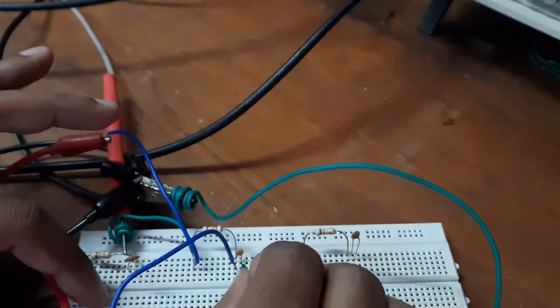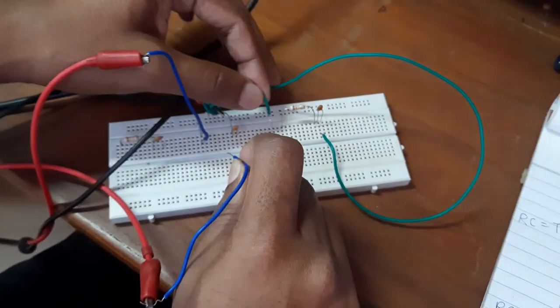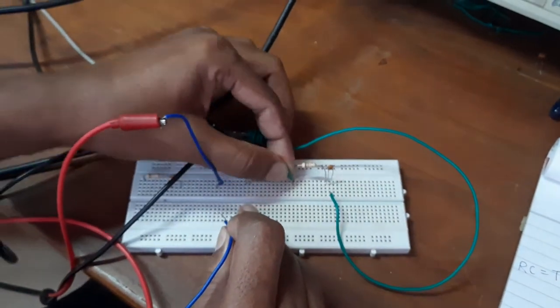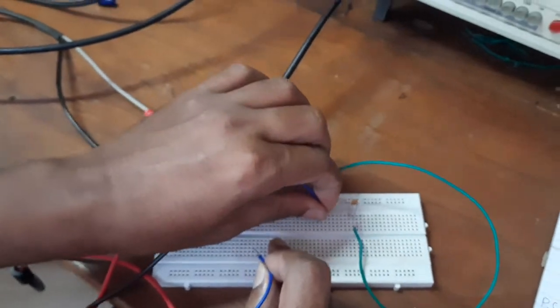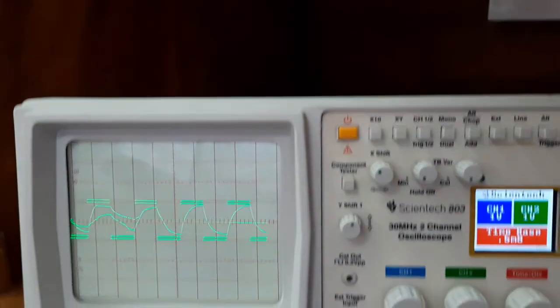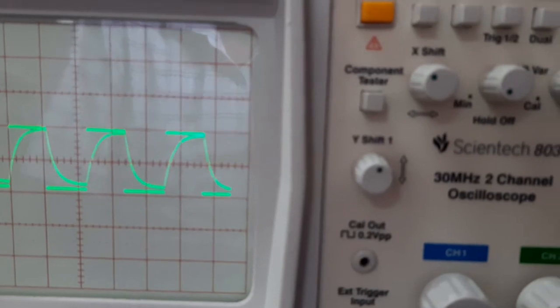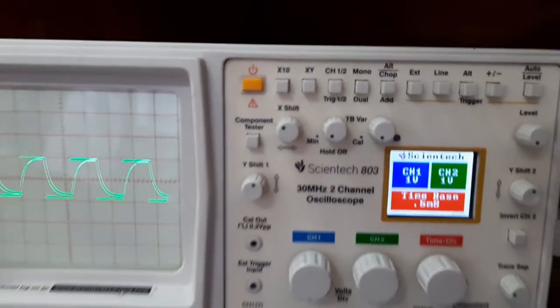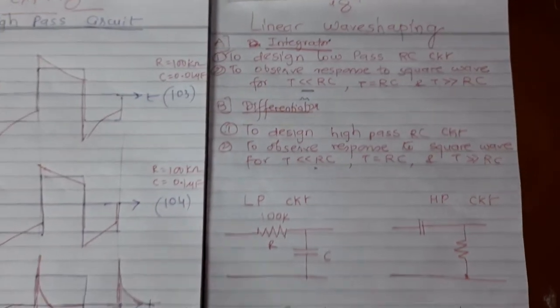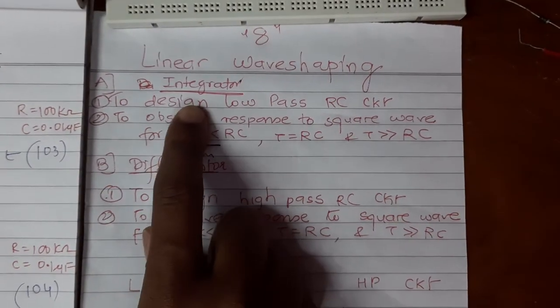So again what I will do, I will connect ground over here, and I will give input over here, and we'll try to see what you're getting at the output. Yes, we're getting appropriate results. See, it is the same as what we have drawn over here. So we were trying to understand how this integrator works in the previous part.